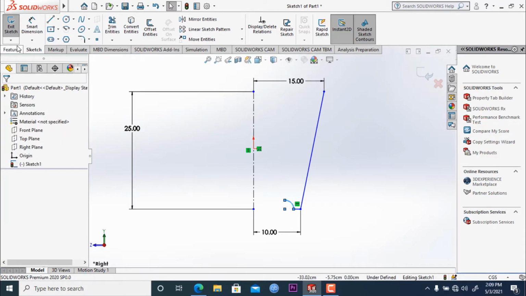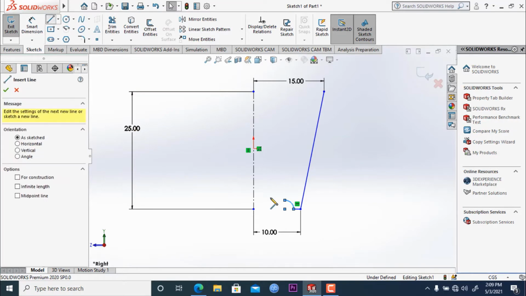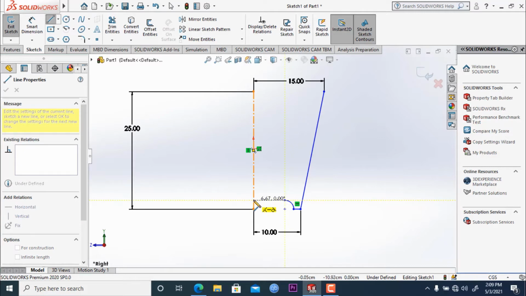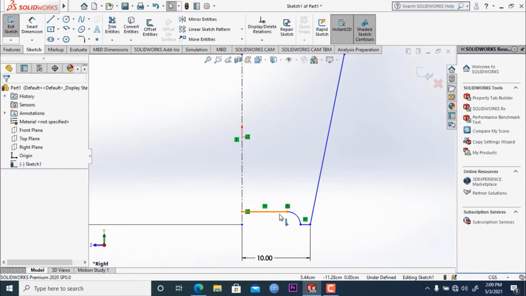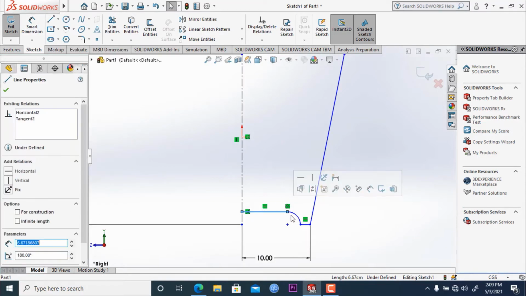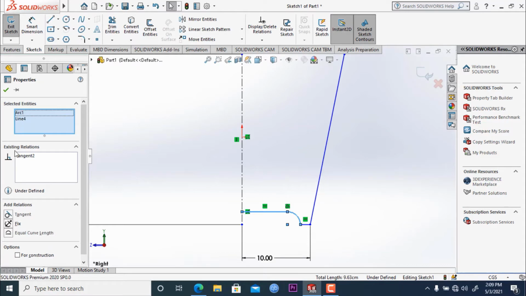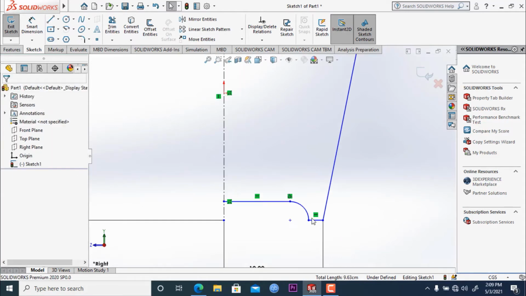We will click another line from this point to this point right here, and click OK. Let's first select this line and this line and make them tangent. Let's click OK.